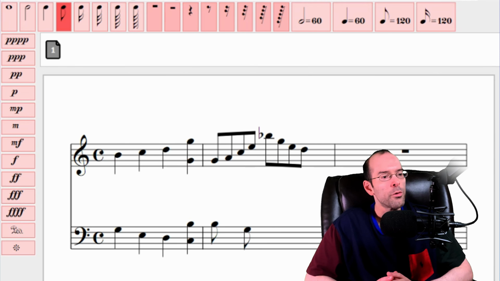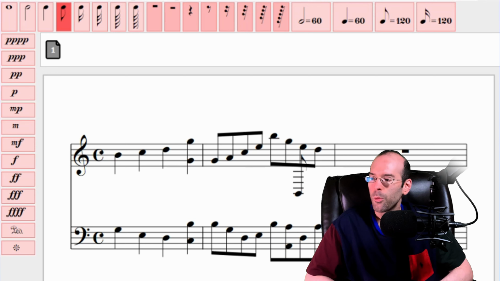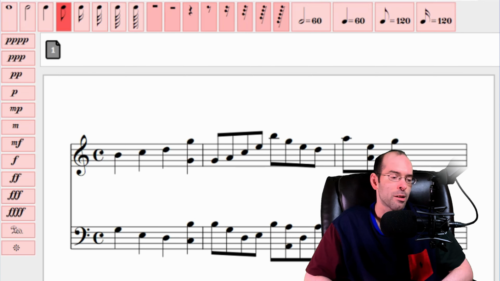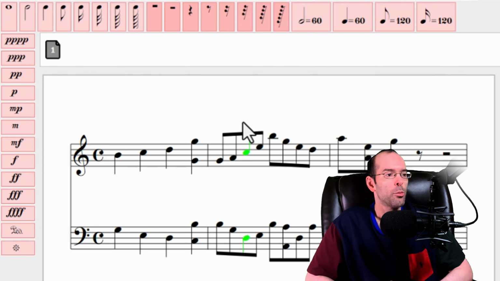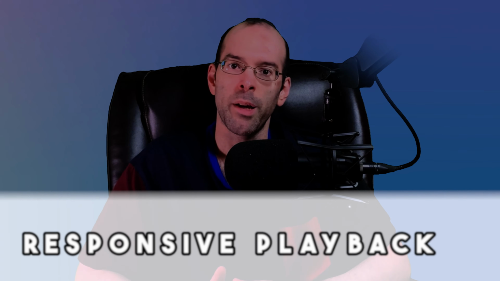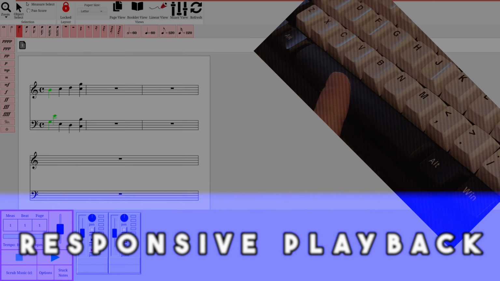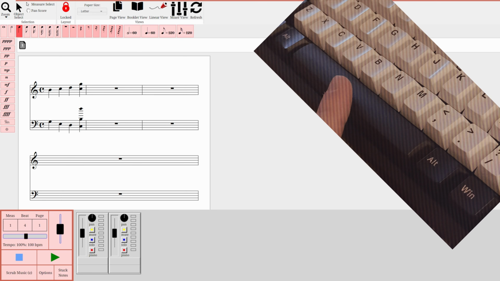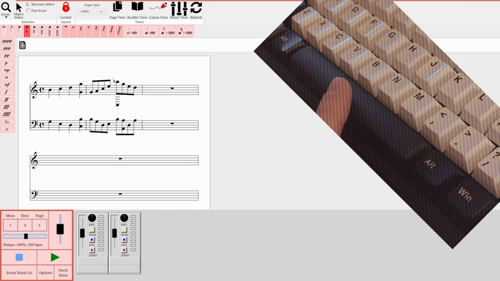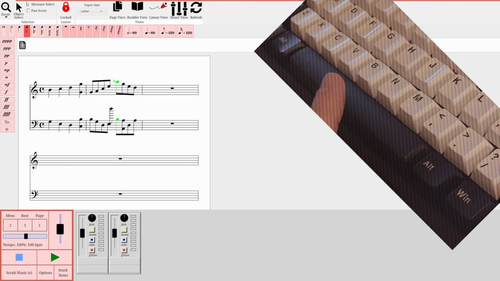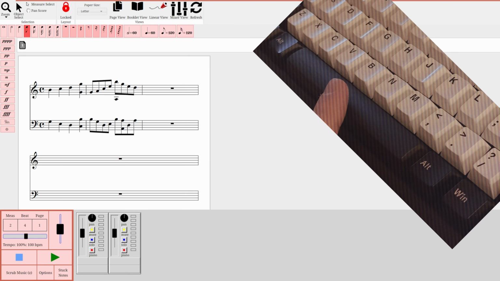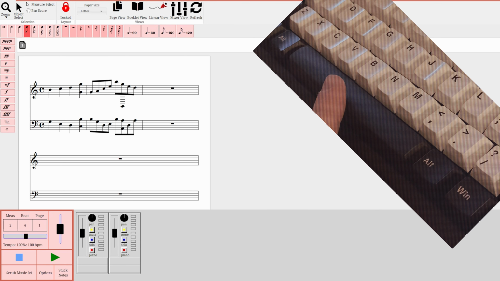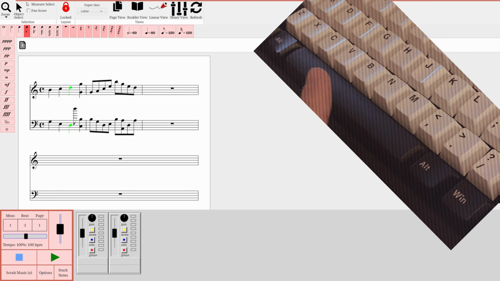I also want to prove to you that my technique, which involves a responsive playback system, can help you compose music better. So here's a glimpse into what a responsive playback system looks like. You'll notice that as soon as I press the spacebar, the composition immediately plays back at the location of the mouse cursor.